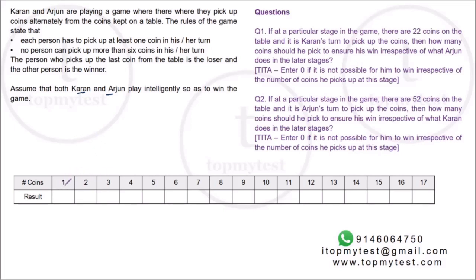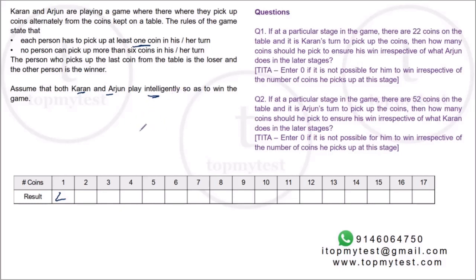If there is one coin on the table, I have to pick that coin. I have to pick up at least one coin. I cannot cry and say I will not pick. The reason why I'm crying is because I know I'm going to lose. No matter what I do, I'll have to pick this coin up. I can cry around for 1 hour, then come back, I'll have to pick that and lose, unless I throw away the game and walk away, which is obviously not a part of an intelligent strategy. It might be a nasty strategy, but it's not an intelligent strategy.